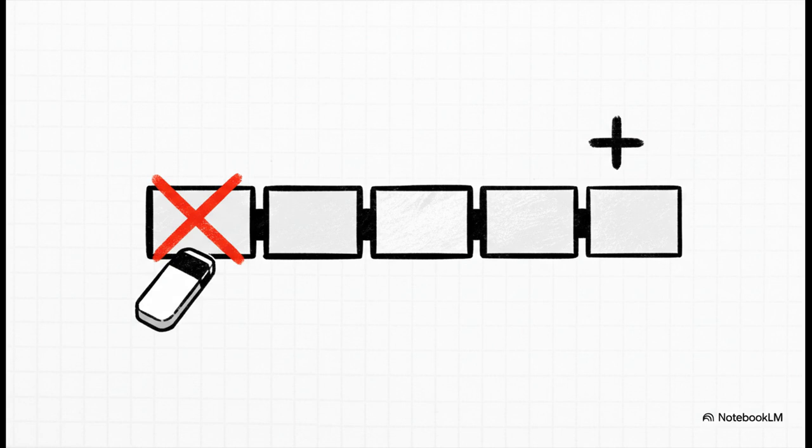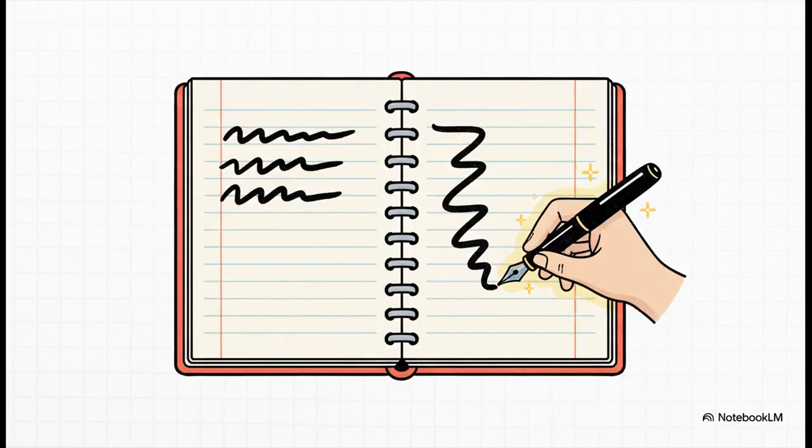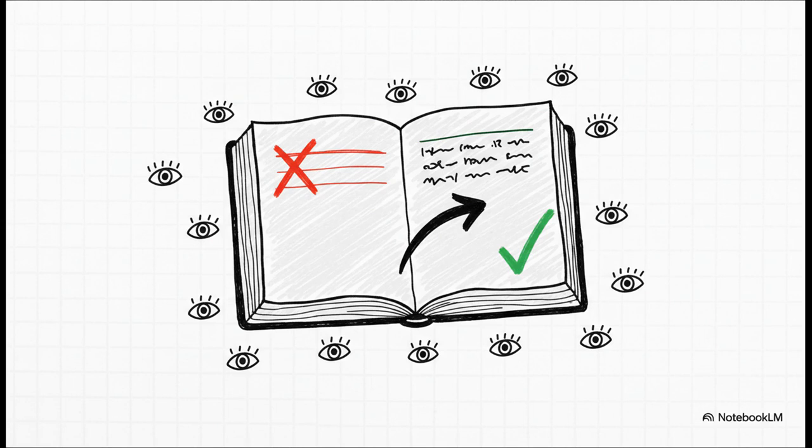The past is locked. Okay, to really get a feel for this, let's use an analogy. Think of it like a notebook, but not just any notebook. Imagine it's a shared notebook, and every single thing written in it is done with permanent ink. You know, the kind you absolutely can't erase. Once it's on the page, it is there to stay. But here's where it gets really clever. This isn't just your notebook. Imagine thousands of people are all watching this same notebook all at once.